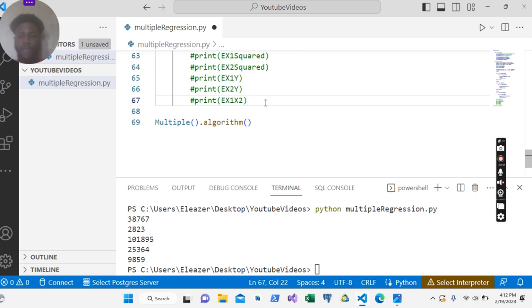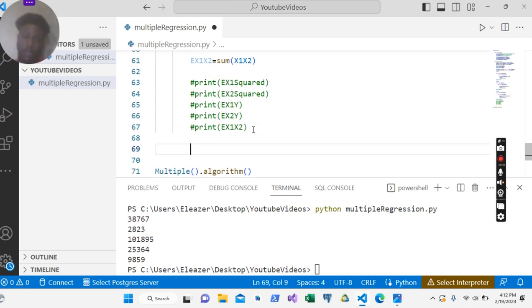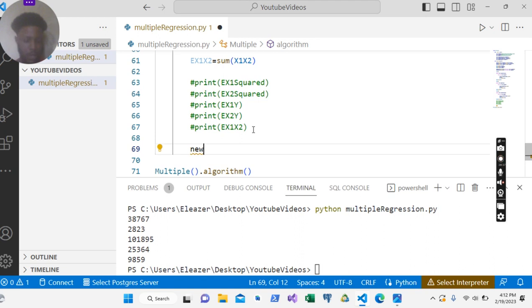Let's continue. Alright, so the next thing we want is to find our new value for our summation x1 squared down. So we're going to find new values for each of them. For x1 squared, x2 squared, down to this. Alright, let's get down to it. So for us to do that, I would just say new summation x1 squared is equal to what? So my new summation x1 squared is equal to the old one, summation x1 squared